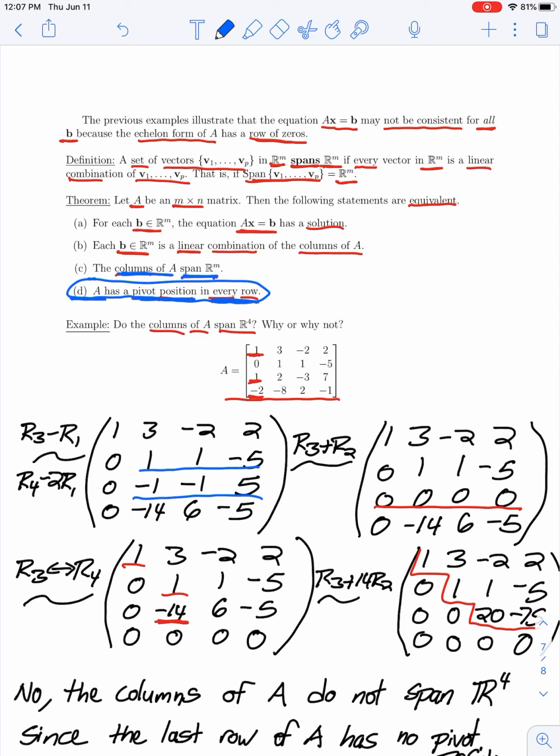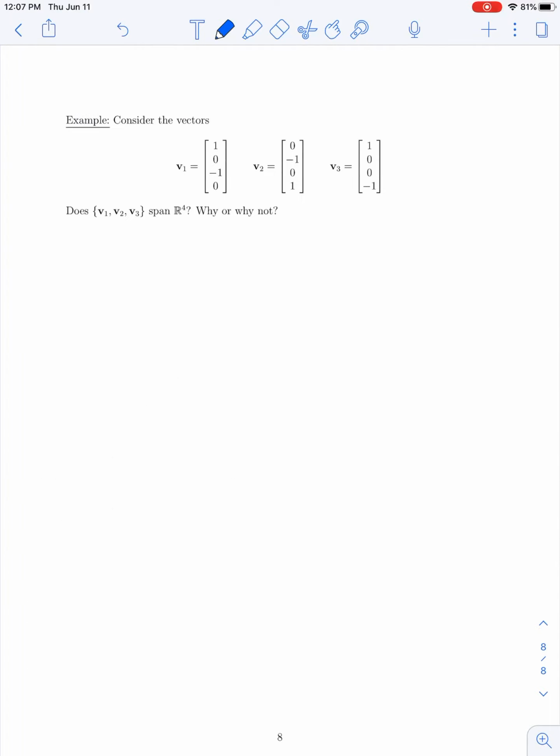That is, does that matrix A have a pivot position in every row? So let's look at this. Looking at a matrix A that has these vectors as its columns, we have 1, 0, negative 1, 0, 0, negative 1, 0, 1, and 1, 0, 0, negative 1. So to row reduce this matrix, in our first row we have a lead entry of 1, and